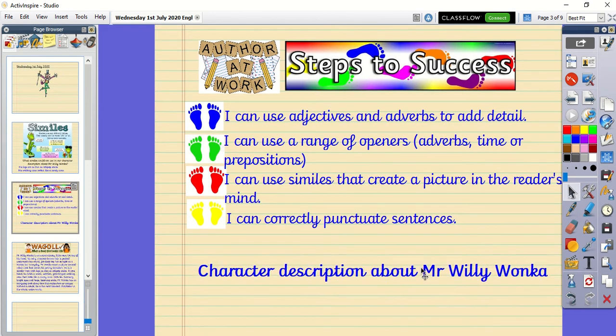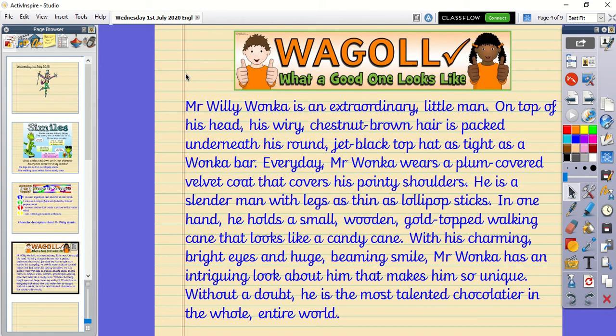Okay, so these are your steps to success. I can use adjectives and adverbs to add detail. I can use a range of openers, including adverbs, time, or prepositions. I can use similes that create a picture in the reader's mind that we just spoke about, and I can correctly punctuate sentences. Okay, so here's my Waggle.